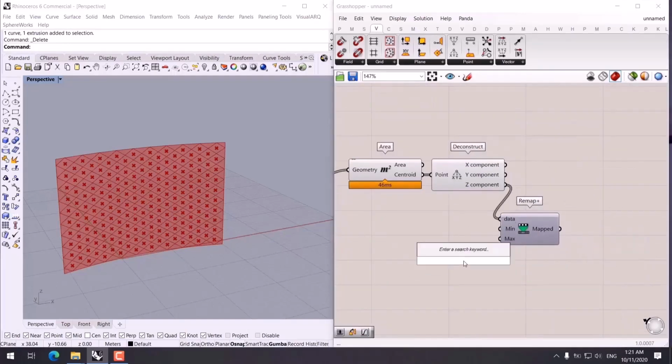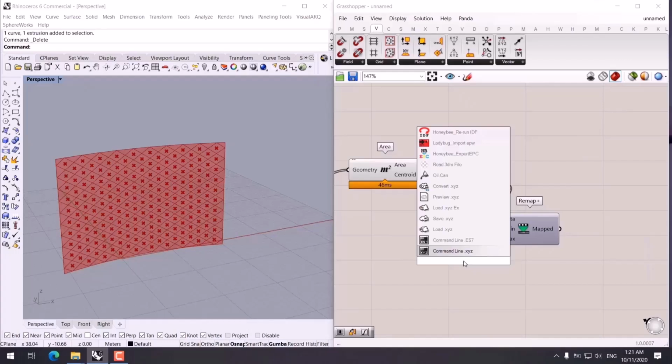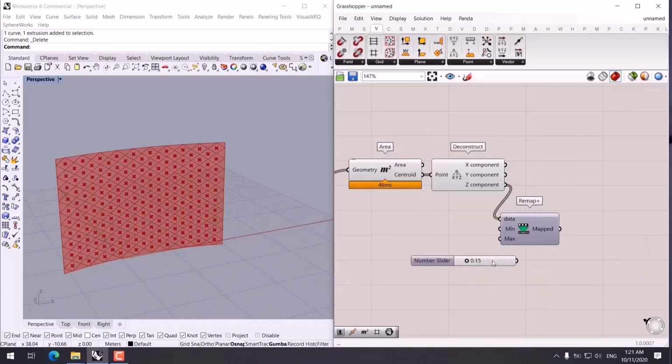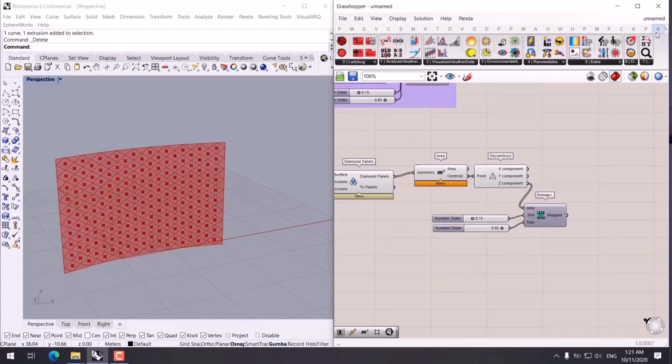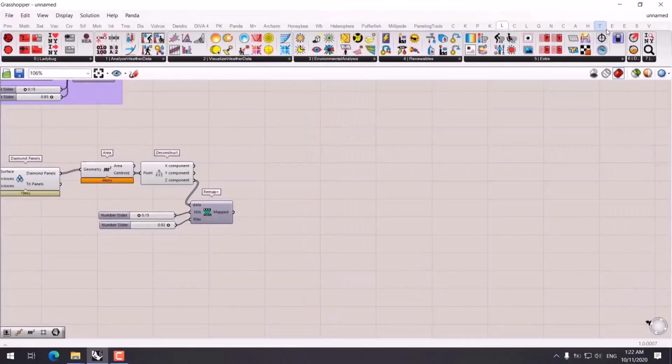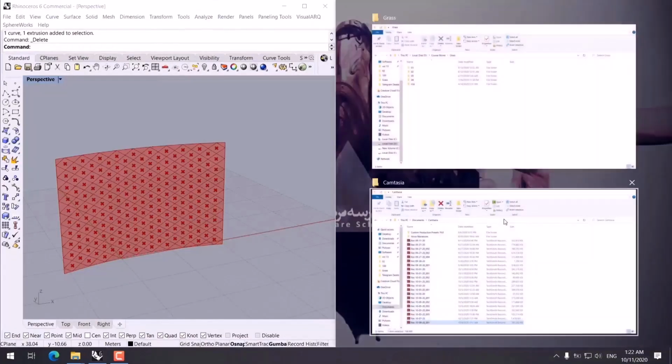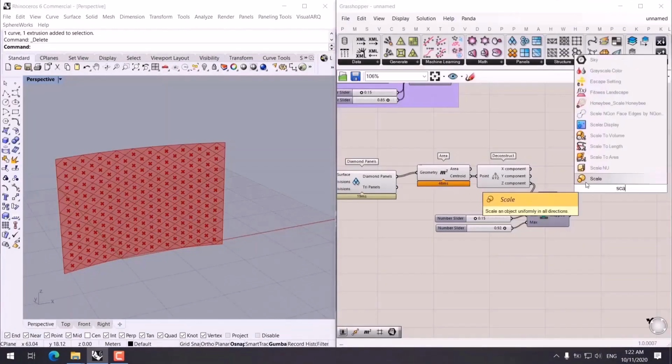For example, remap plus, we give the data. Following that, we should specify the minimum and maximum values to create the domain or range, 0.50, 0.92, and then for the panels here in LunchBox tab, actually,